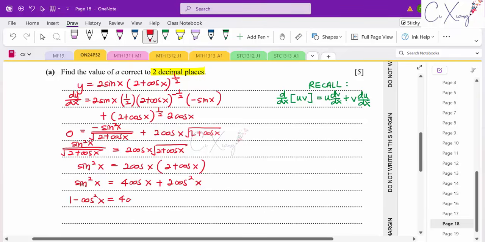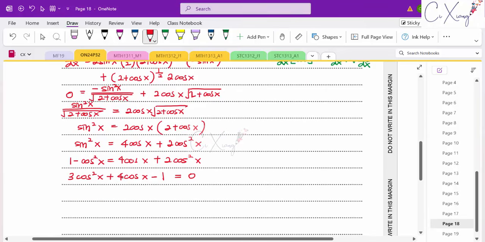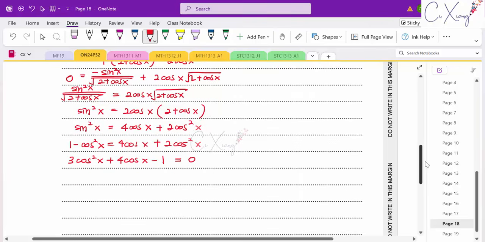This is the identity that we learned in AS part, right? So I'm having 4 cos x plus 2 cos square x. Okay, then now I try to move everything to one side. So I'm having 3 cos square x plus 4 cos x, then minus 1 equals to 0. Okay, so now I'm having my whole equation in terms of cos x. So it's easy for us to solve it now,